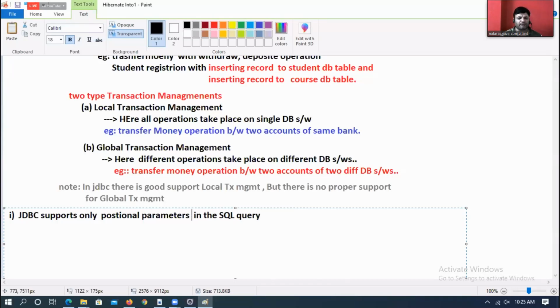Positional parameter means the question mark symbol. Instead of writing the input directly, we can keep a question mark symbol. And it does not support named parameters, where there is a name for each parameter.